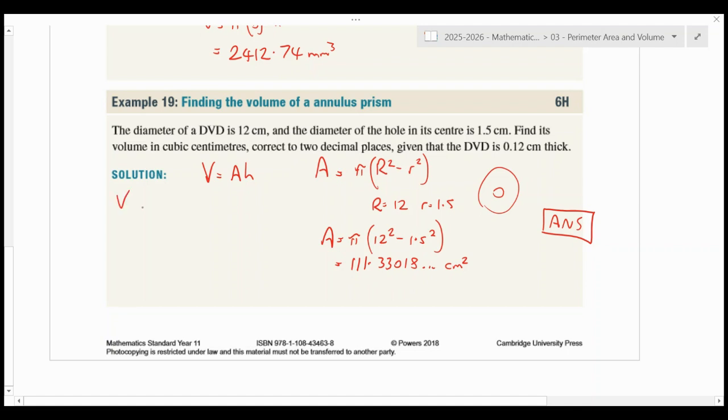So we're now going to do volume. And for the volume, our little h is actually 0.12. So that's the thickness of it. So it's 0.12 centimeters thick. And that was a terrible drawing, but you know what I mean. So our volume equals